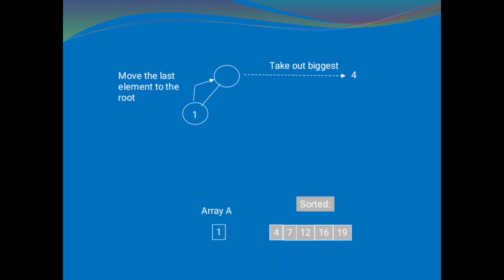After this, what do I have to do? Same procedure. Swap the first element with the last element. That is 4 is swapped with 1 and delete the last position element. What is my last position element? 4. Delete it and place it in the stack. After the deletion of 4, only one element remains in my tree. Just place that element, that is the least element or the element left, also in the stack.